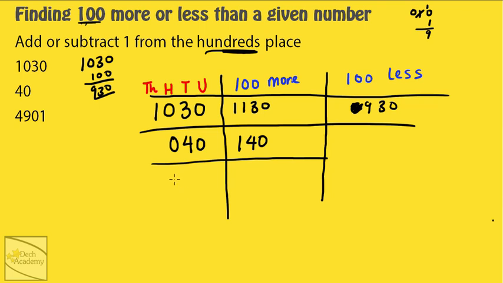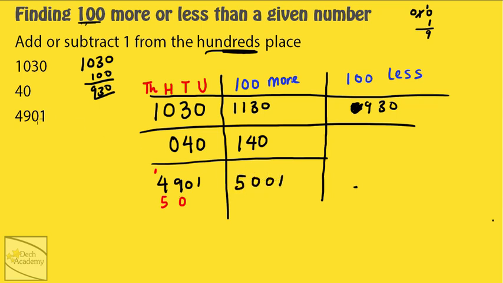For the last number, 4901, I want to find 100 more, and I want to find 100 less than the number. To find 100 more, I simply add 1 to the digit in the hundreds place. 9 plus 1 gives 10. Because it's 10, I'll write 0 and carry 1 to the next place. 4 plus 1 is 5. So I'm left with